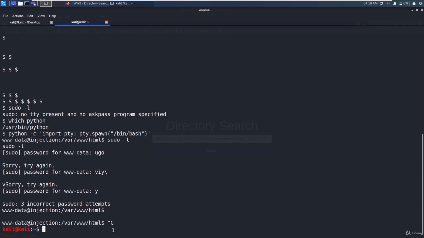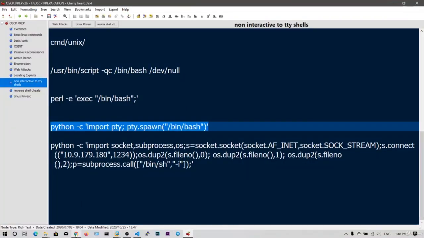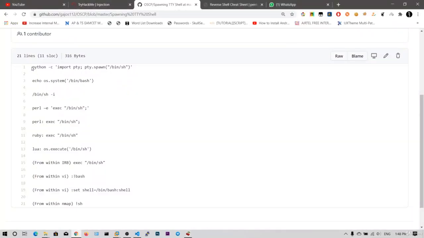So let me close this and go into this. In this way you can execute other commands as well. If you have Perl on that victim machine, you can execute Perl and this executes as a system command. You need to replace this sh with bash.